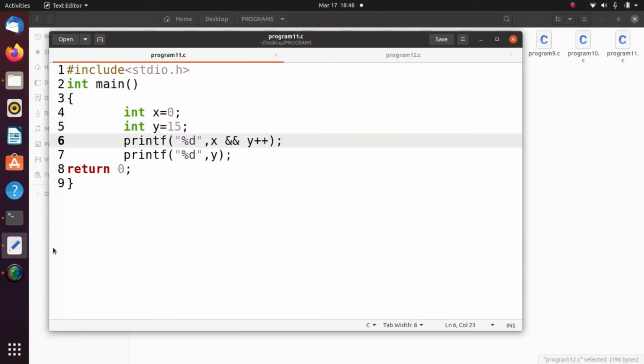Now we are going to see logical operators. Here I am taking two variables, x equals 0, y equals 15. So 0 and 15 plus. We all think that after execution of this instruction y becomes 16. But when the first expression is false, the compiler ignores the remaining expressions.